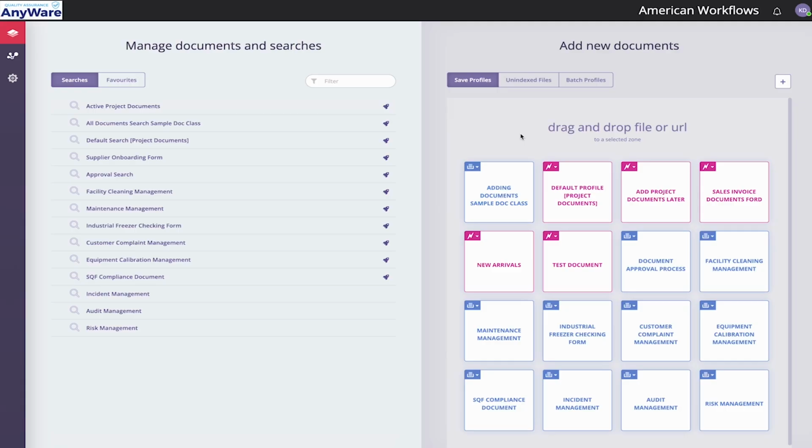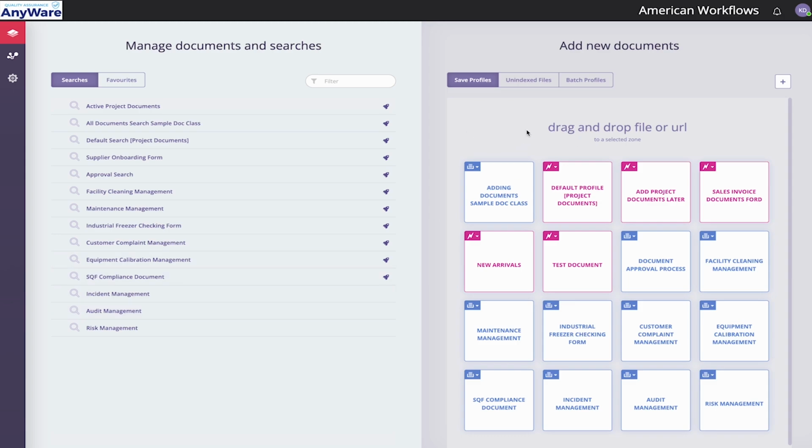All right, so as you can see on the screen, we split it into two. On the left, we have searching for information, and on the right, we have adding information. Now within Quality Assurance Anywhere, we search using basically saved searches on the left, as you can see right now. These searches can be configured to be as general or as wide as you like. And then on the right side,